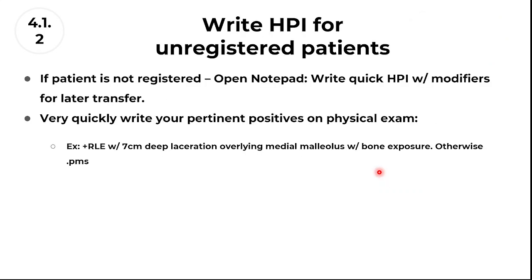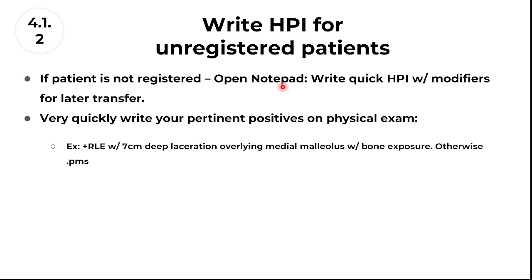So next thing is, we often get patients that are unregistered, and we think to ourselves, well, we can write this note a little bit later. That might not be the best strategy. I would say if you have an unregistered patient, open a notepad and write a quick HPI with your modifiers. Even if you don't have your dot phrases available to you because they're present within your EHR, just jot something down quickly. For example, if you have a laceration patient, he comes in, you can write, patient is a 10-year-old male, presents with